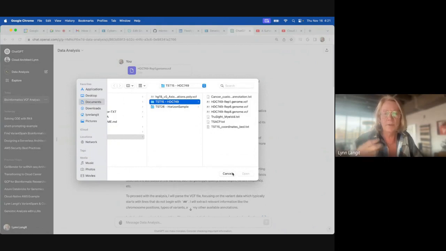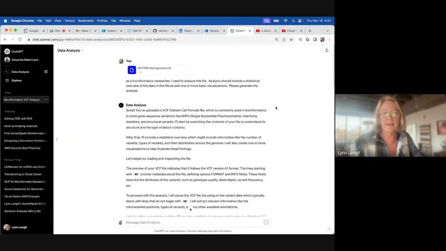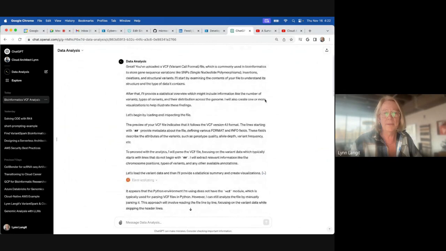I just wonder, will these tools be augmented to be able to accept data provenance information? Right now you upload the data set, and then you give some context, and then this tool can actually provide analysis. It's interesting because this is a very specialty file type. This is a variant call format file, which is a genomic file.